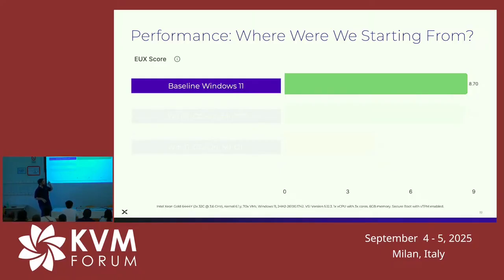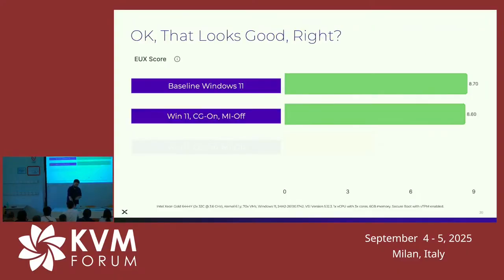So these are from our internal Grafana-based dashboards that look at the Login VSI benchmark. And this concept that Login VSI has is called an end user experience score. The idea is that you run a bunch of Windows VMs, it runs a bunch of tasks, opening different applications, measuring latency, measuring CPU, and it aggregates all that together and says, based on all of these data points, do we think that users are going to have a good time with this or not? And when you run Windows 11, I think there's 70 VMs per host on some Intel processor here, they're pretty good. Now, when you turn on